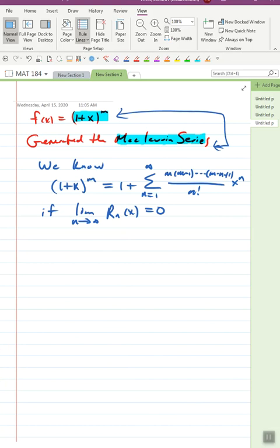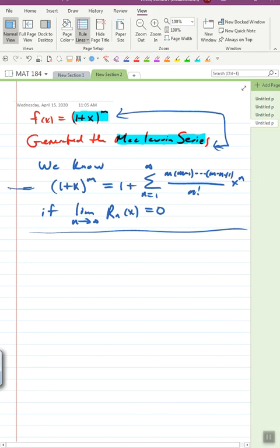Okay, now, what's the other thing I said yesterday, that other than doing error estimation, like that very last example I did yesterday, the rest of what we talked about yesterday is more or less for theoretical interest. It gives me a theorem that can give me a condition under which I know a function is actually represented by its Taylor series. Alright, so to be sure that this power series really does converge to 1 plus x to the m,